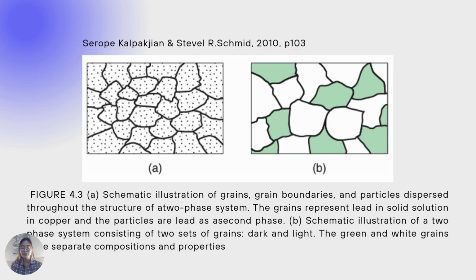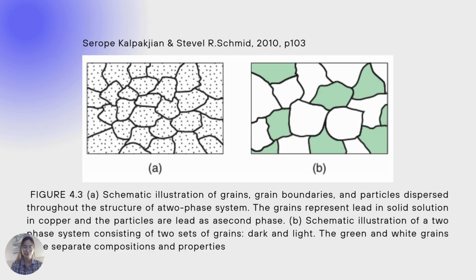In image B, on the right, we see a two-phase system, where the light and dark grains represent two distinct compositions or phases. Each phase has different mechanical and physical properties, giving the alloy a combination of strength and ductility. This diagram emphasizes that alloy performance depends not just on composition, but also on how atoms and phases are arranged